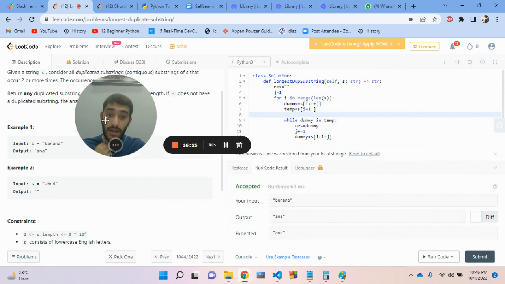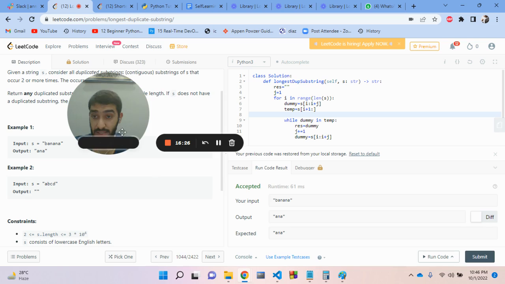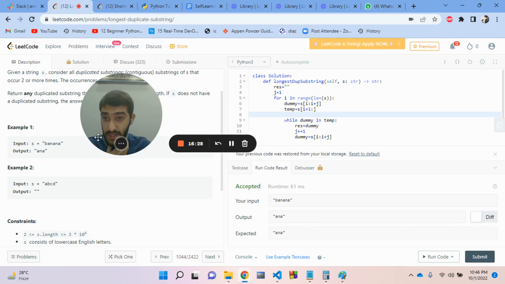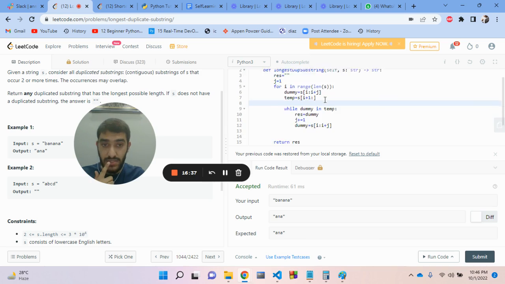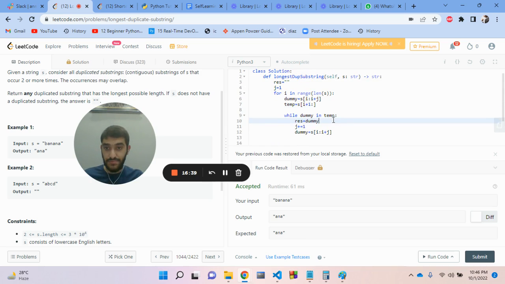The edge case in this example is example 2, in which there are no duplicate elements. So we have returned the empty string in this case, which gives the result as declared in the problem. So yes,